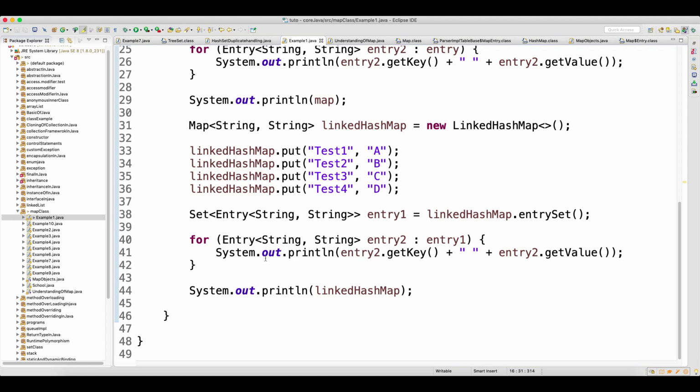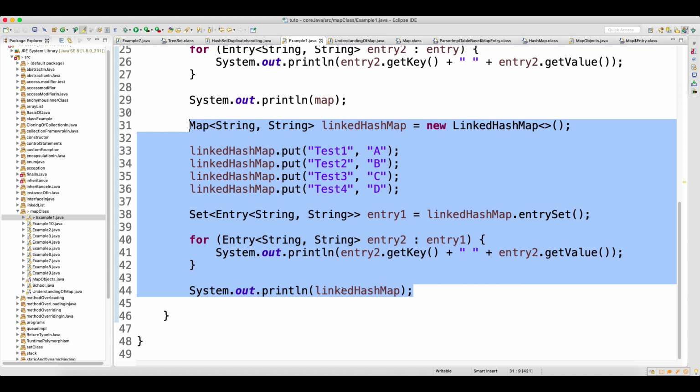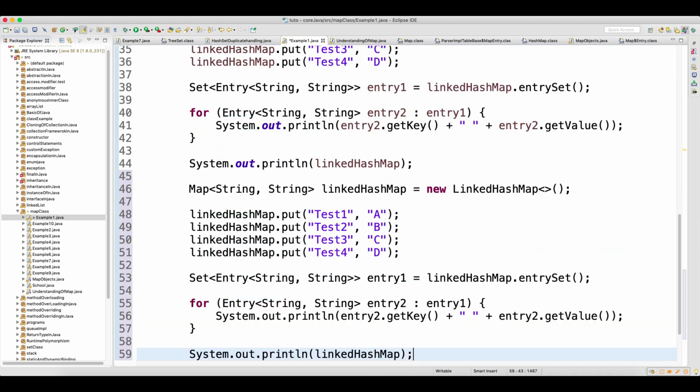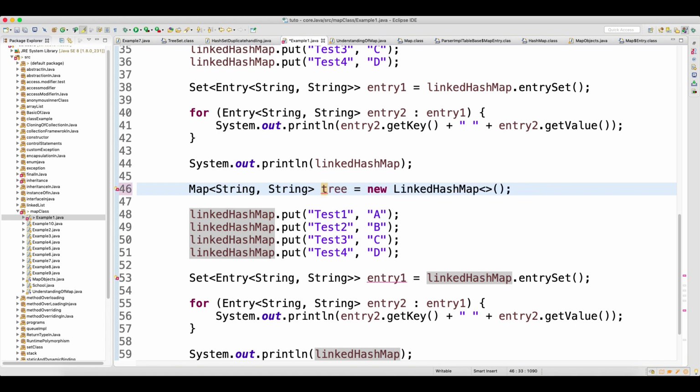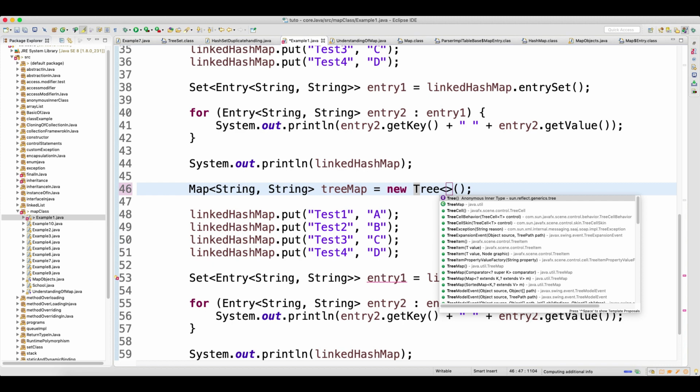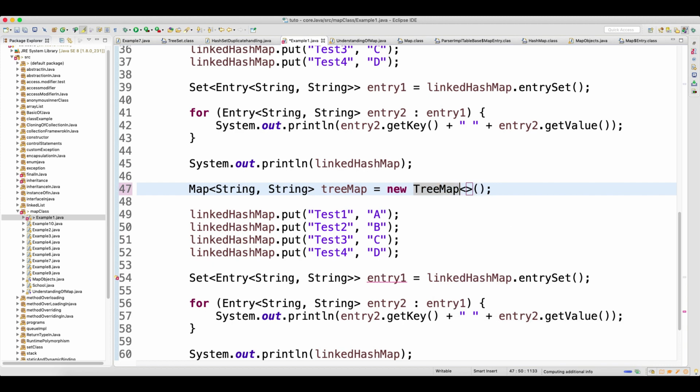Now what I will do, I will copy the entire thing and change it to tree map.